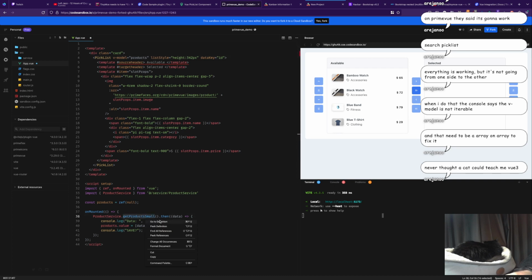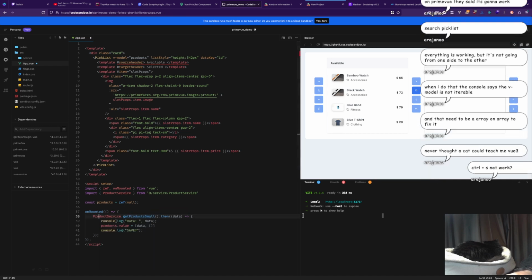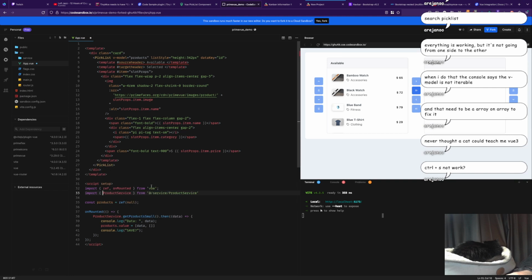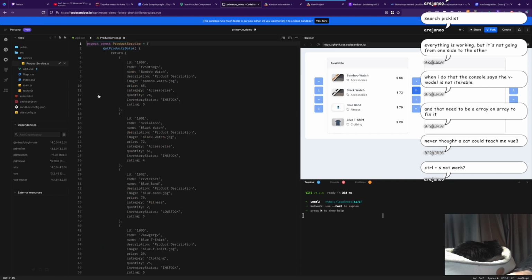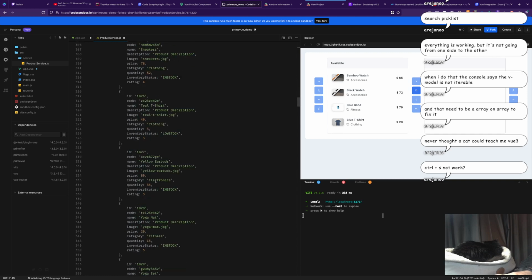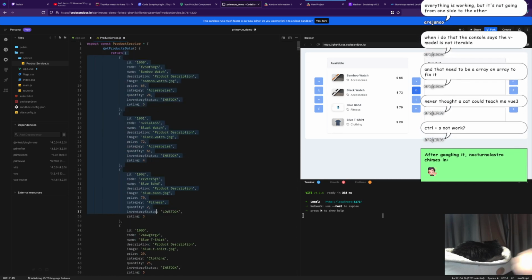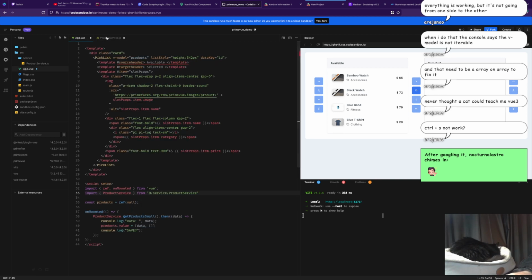Get products, go to definition, no definition. Product services, go to definition. We're importing it from services, product services, so we're going in here, let's go to the source. All right, get products, so it is, okay, cool. And hey, Nocturnal, yeah, Control S was just not working. All right, so what's actually happening is,